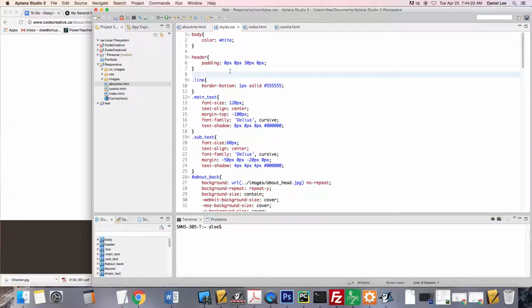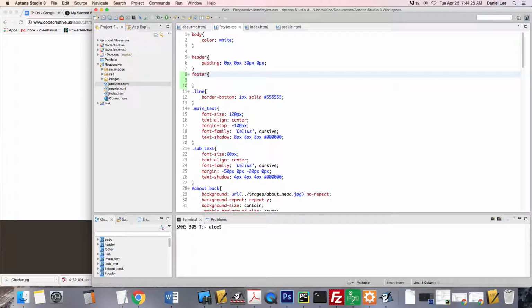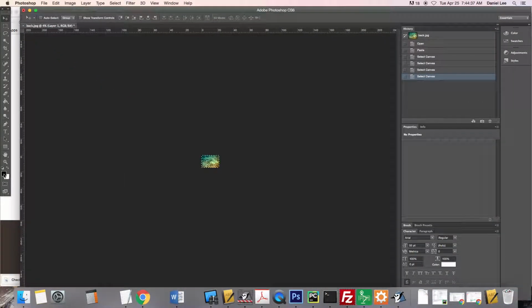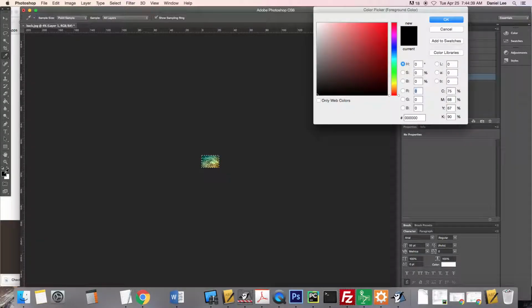I'm going to come up here, and footer is an HTML5 tag, so I do not need to put a dot or a hashtag, right? You can just say footer, and I'm going to say background color. I'm going to make it gray, and to get a good gray, I'm going to go to Photoshop, click on this little color swatch,